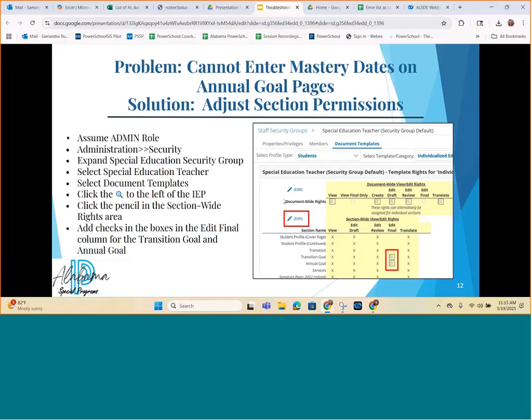And then when you get here, it's going to show you this page. Now, you can choose to edit document-wide rights or section rights. And in this instance, we want to edit section rights because we want to give teachers the right to edit final. Now what that means is they will not have to set that document back in edit mode. They won't have to create an amendment and they won't have to unfinalize. All they'll have to do is click on edit for the transition goal and the annual goal in order to